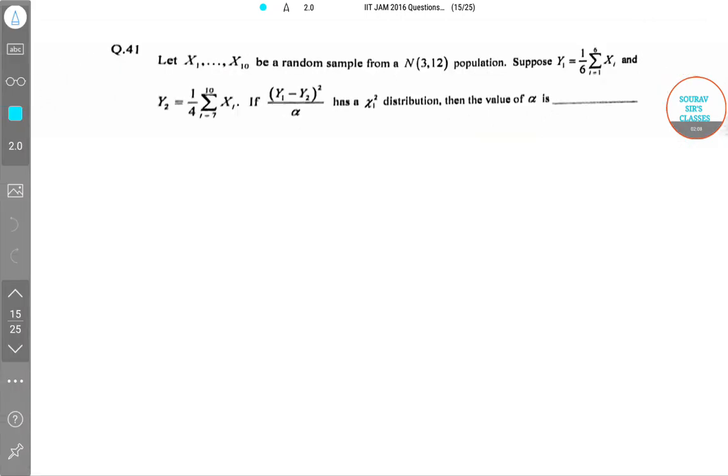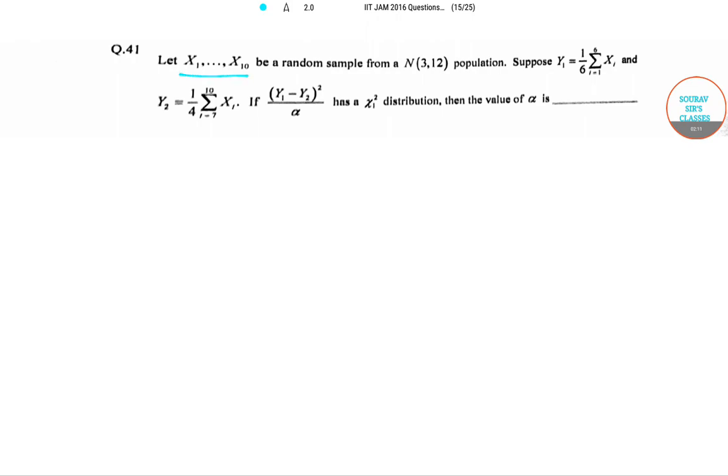The next question is, let x1 up to x10 be a random sample from a normal 3, 12 population. Suppose y1 is equal to 1 by 6 summation xi where i ranges from 1 to 6 and y2 is equal to 1 by 4 summation xi where i ranges from 7 to 10. If (y1 minus y2) whole squared by alpha has a chi square 1 distribution, then the value of alpha is,